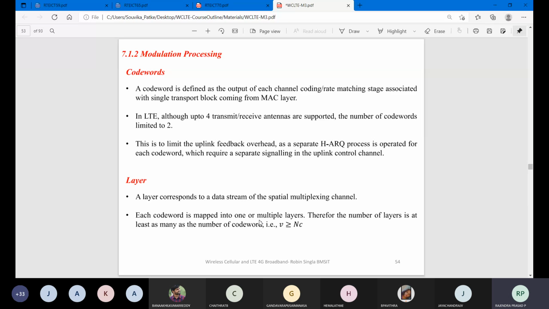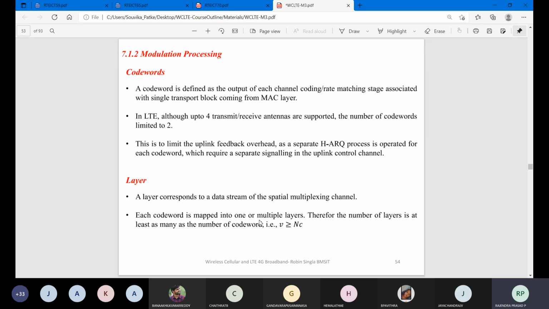Okay. So a code word is defined as the output of each channel coding rate matching associated with a single transport block coming from the back layer. In LTE, although up to 4 transmit and receive antennas are supported, the number of code words is limited to 2. So for each data, a maximum of 2 code words can be generated, which will be used for the transmission purpose. Okay, so that is the thing.